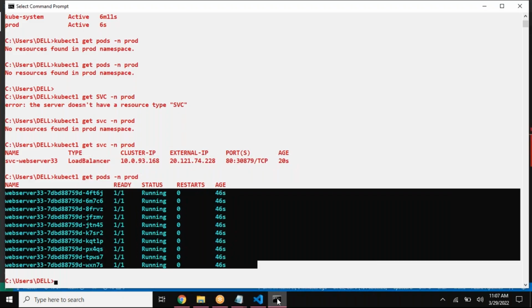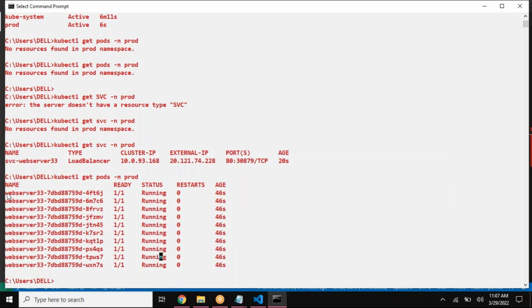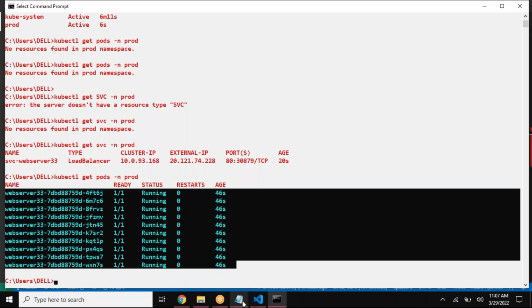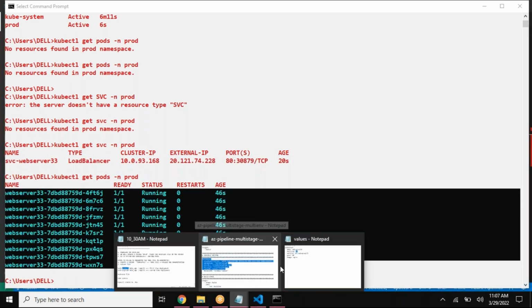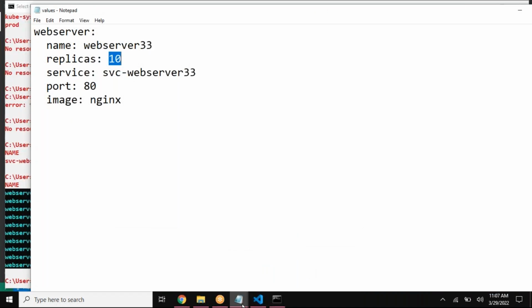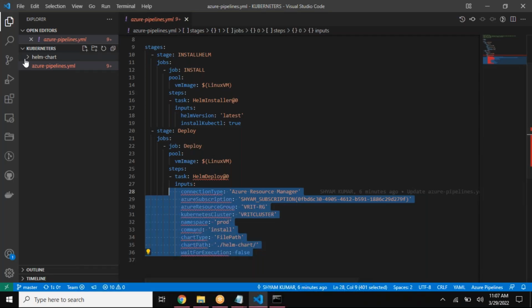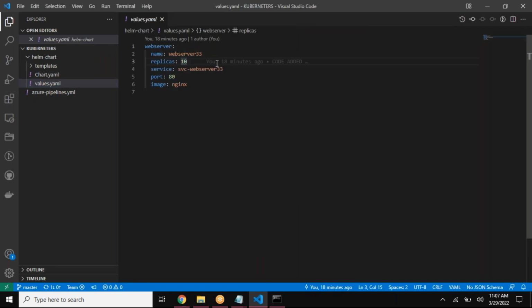Now I would like to reduce this count. I don't want to have this many running in here. I want to reduce my count, so for that reason I want to upgrade my deployment. To upgrade, go back here to the chart, within my values file. Now I would like to make it a simple 5,